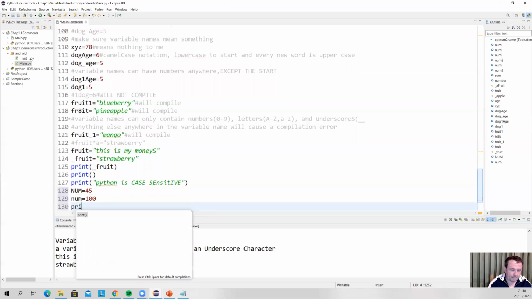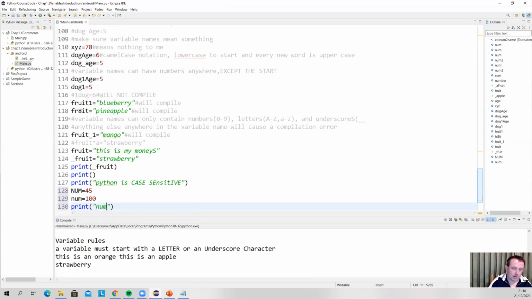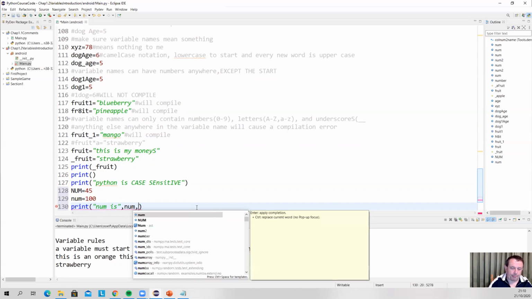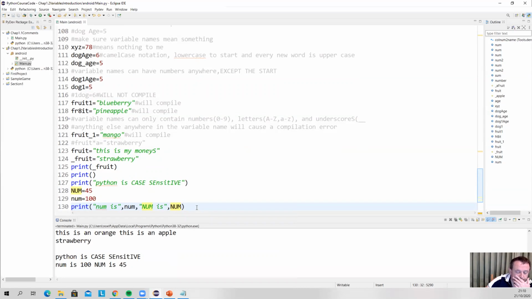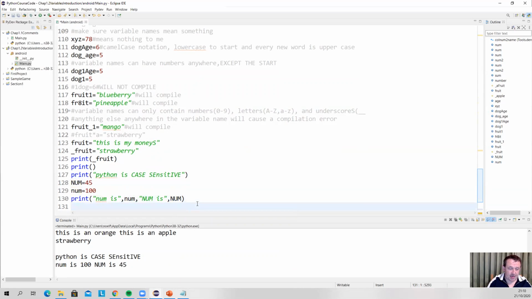Print to prove that they are. Print num is, num, and capital NUM is. Right. They're two different variables. All right. So if there's any differentiation between the cases, they're two different variables. All right. So that guy is not the same as that guy. And it's also not the same as